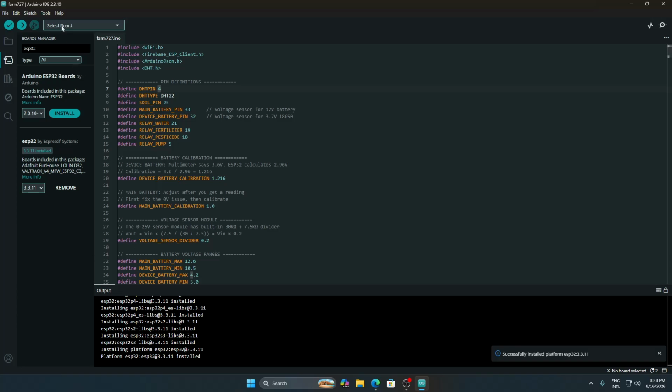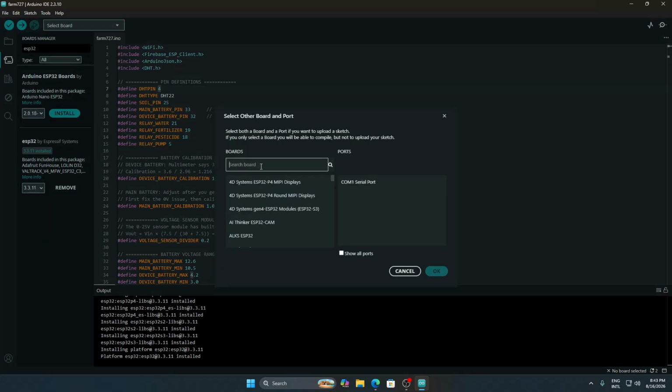So after that, you can see the select board, you can type the ESP.